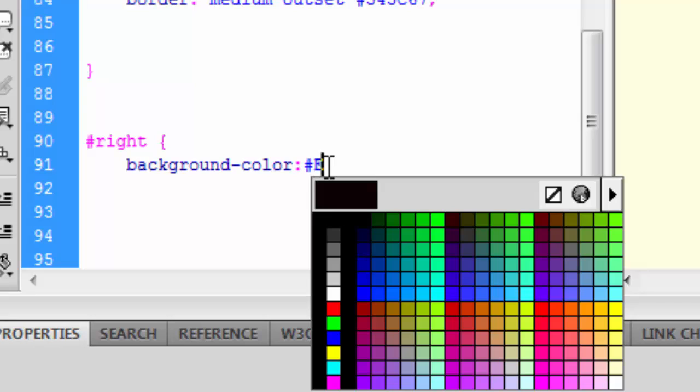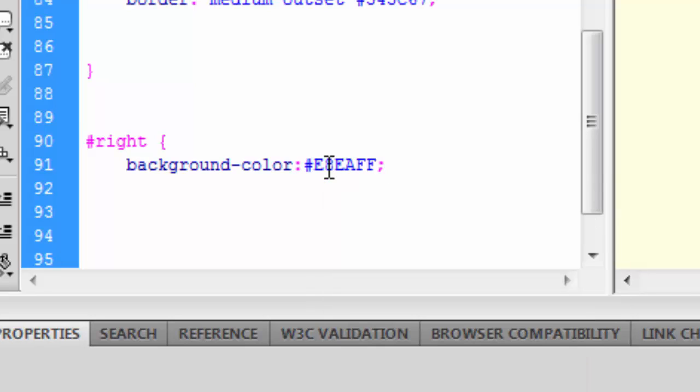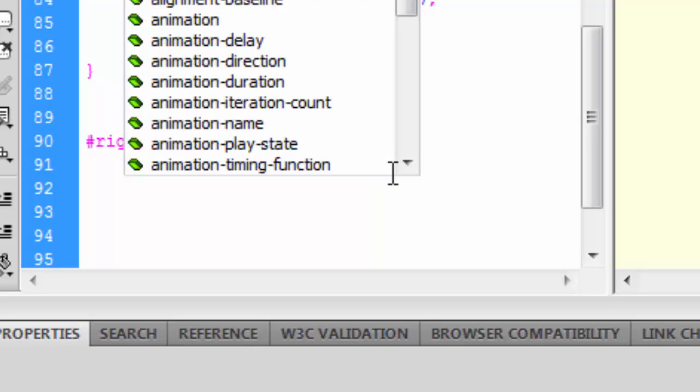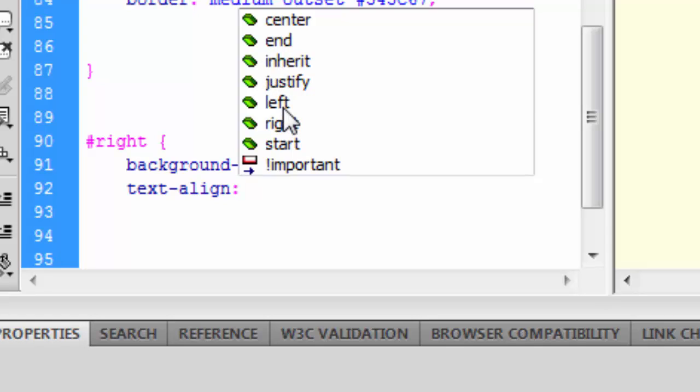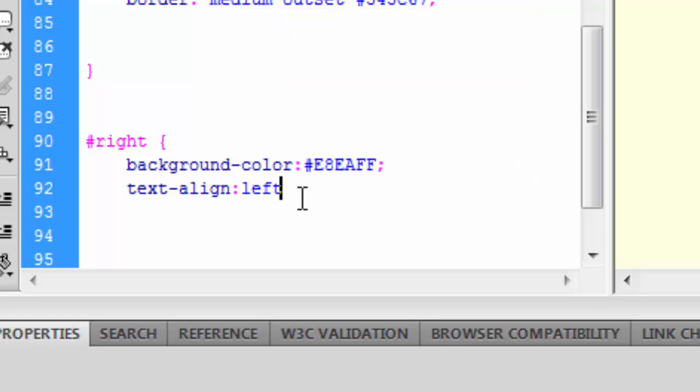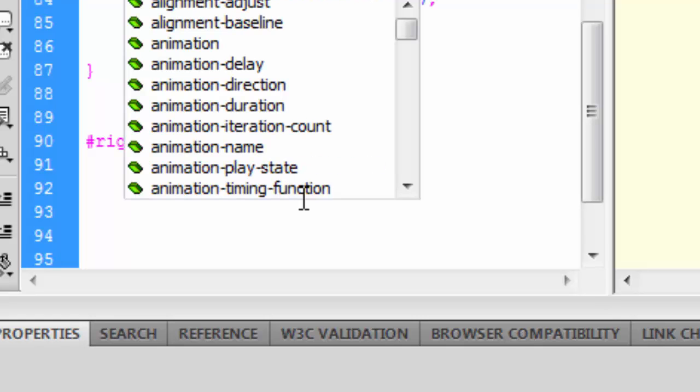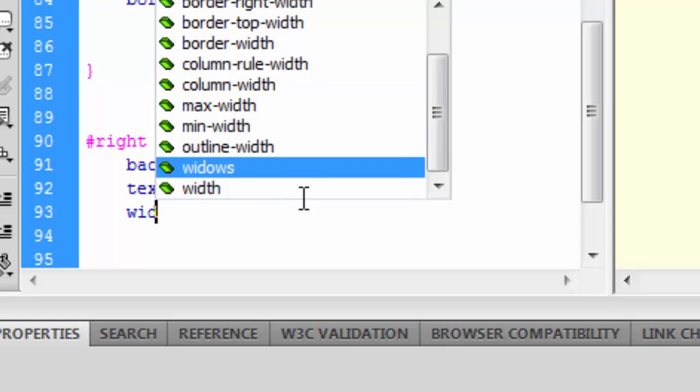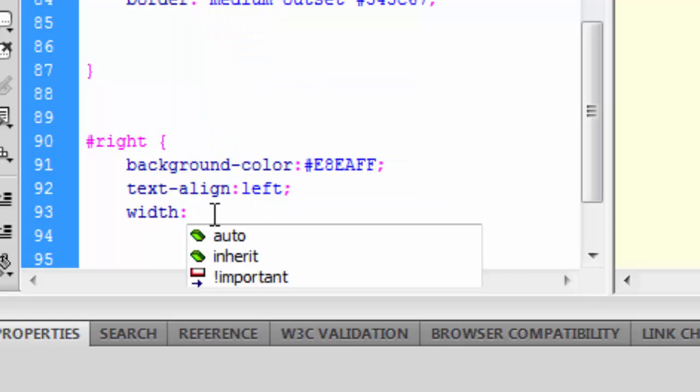Pound E8EAFF semicolon. Text align is left and a semicolon. Width. Again, this width is very important. You need to have one for floated elements. I'm going to give this width 300 pixels